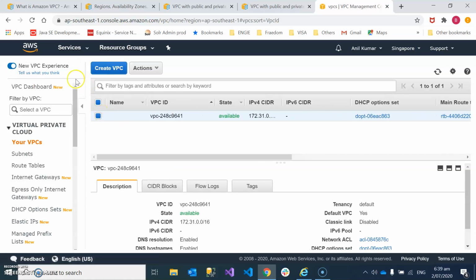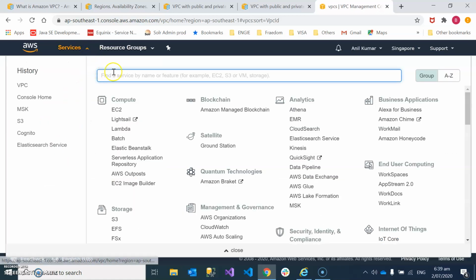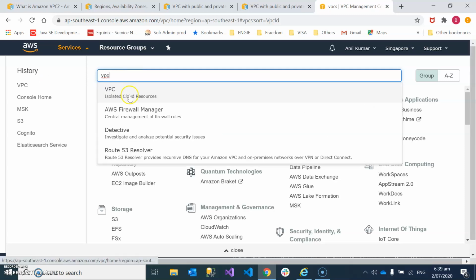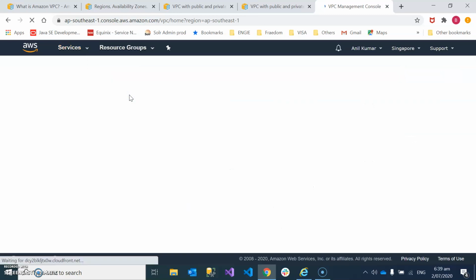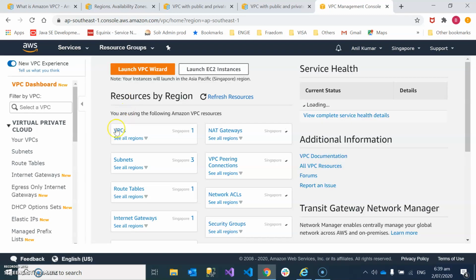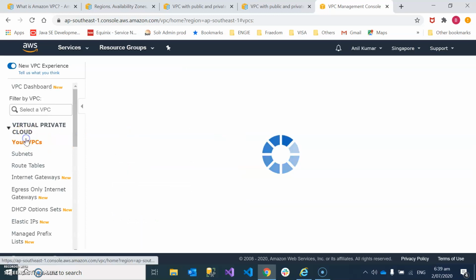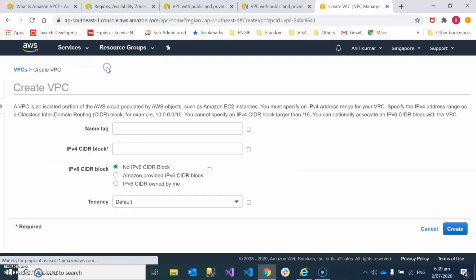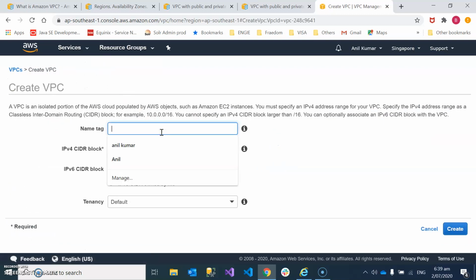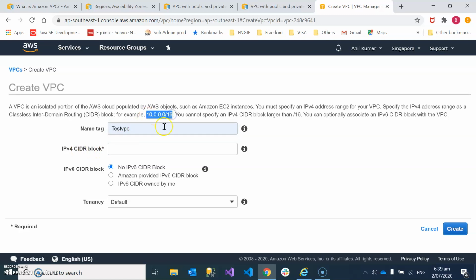In services you can just type VPC and you will see isolated cloud resources, the definition of VPC. Now create a VPC. Let's say I'm creating a test VPC, and for the CIDR block, for example, you can just go with this.